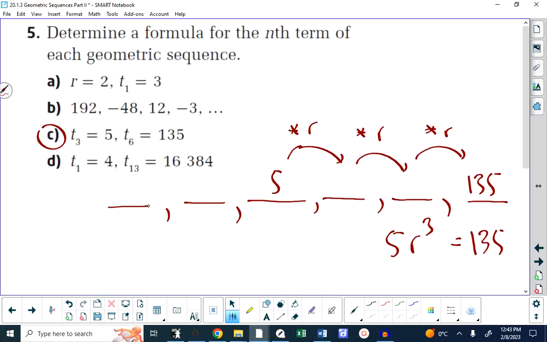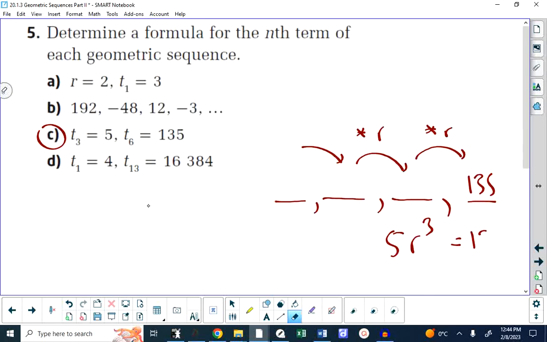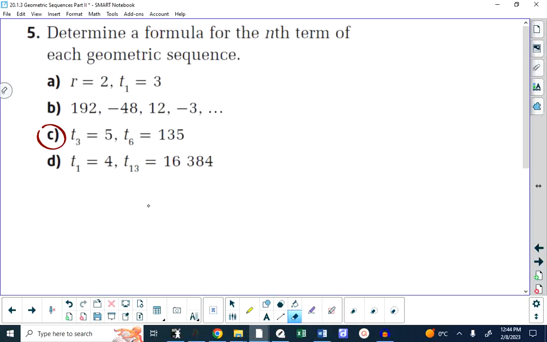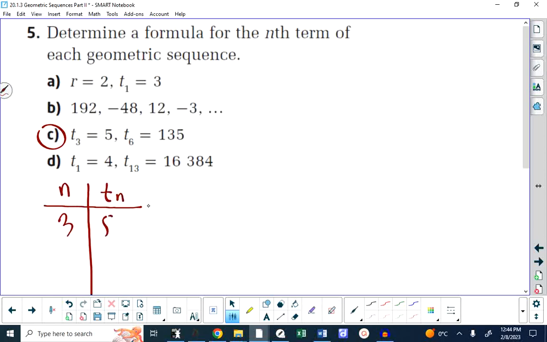I did mention that there's another way to find the common ratio for something like C, and I would like to show it to you. And again, this is to build those mathematical skills. We know the following. When n is 3, Tn is 5. When n is 6, Tn is 135. Are you with me? That table is really crucial. We have this formula